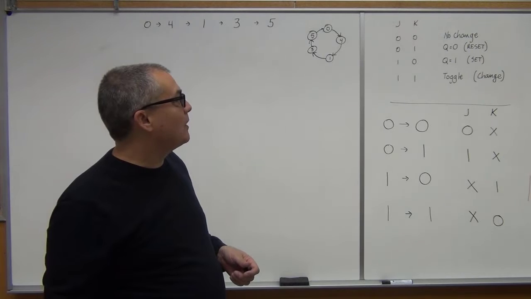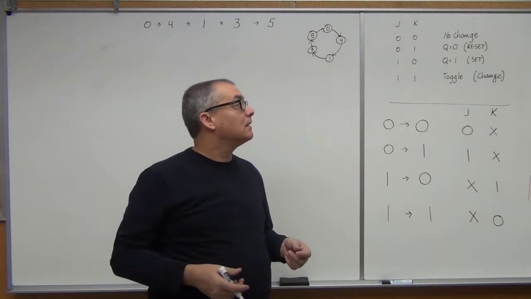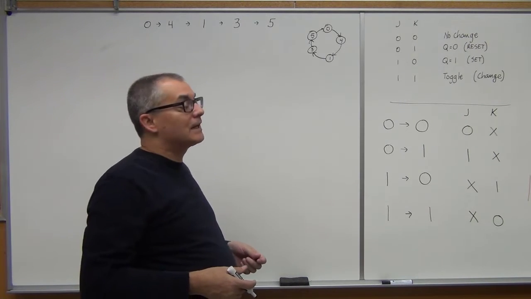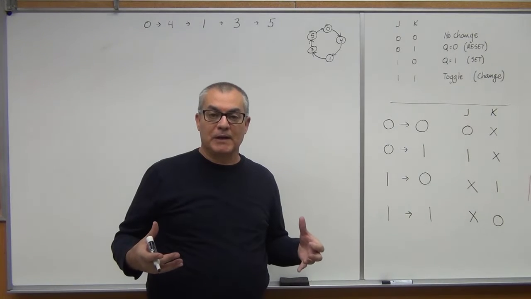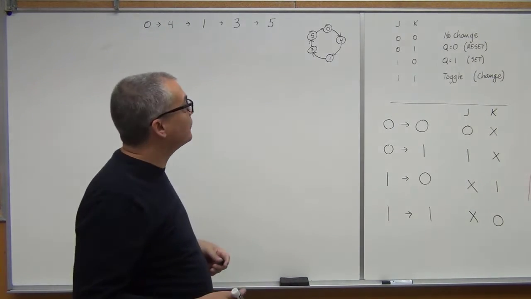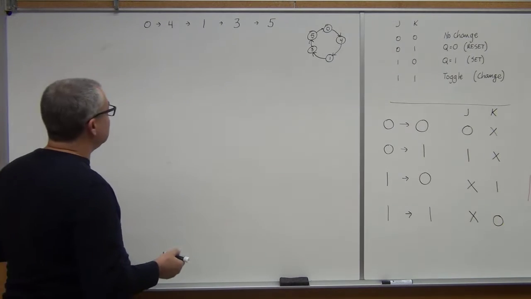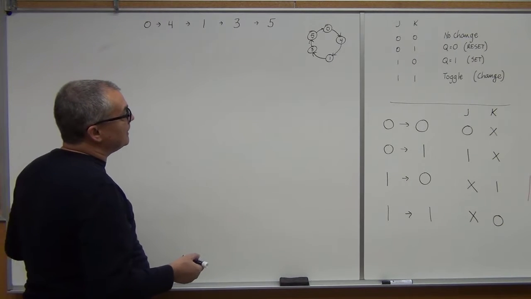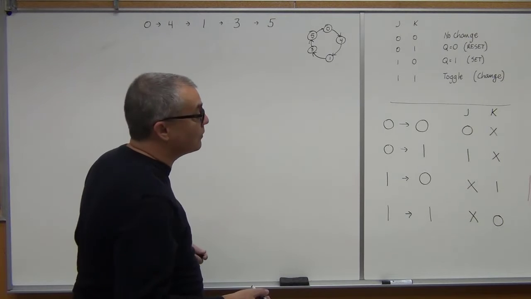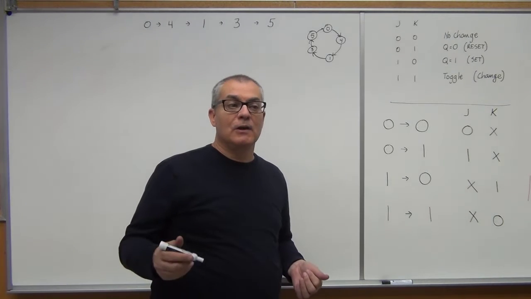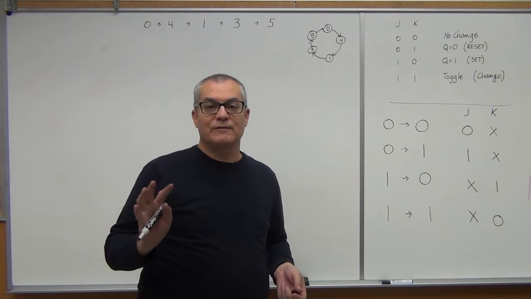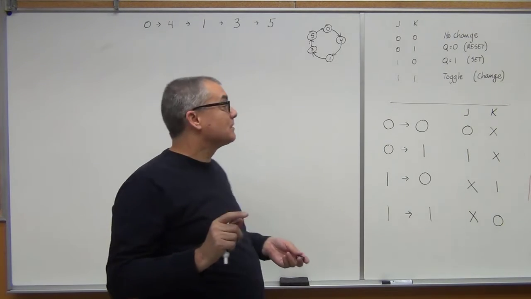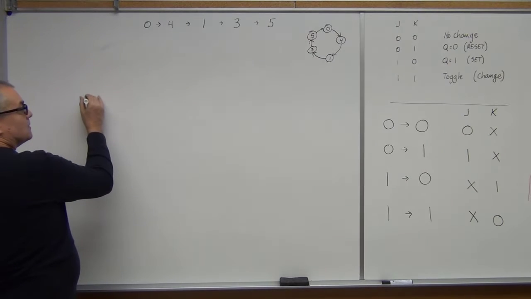So we have to figure out now, if I have three JK flip-flops, how do I wire them to make sure that it does that, right? So we're going to need a few things. So the first thing we're going to need is Karnaugh maps. You're going to need a Karnaugh map for each J and K for each flip-flop. So we need 6 Karnaugh maps, unfortunately. So we're going to have